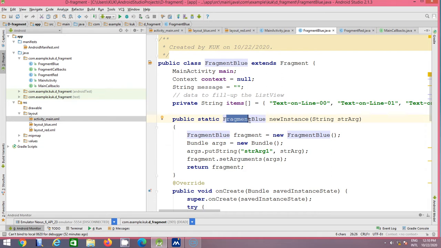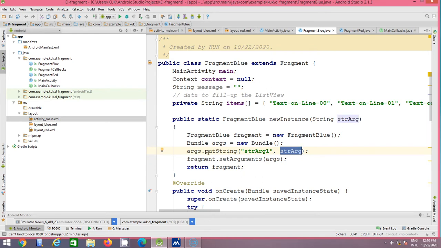We have created the bundle. That bundle has 2 arguments. We simply add that message in the bundle by the method put string. We initialize the value of the bundle with the help of the string argument, string arg.